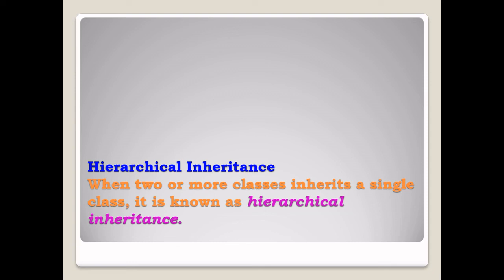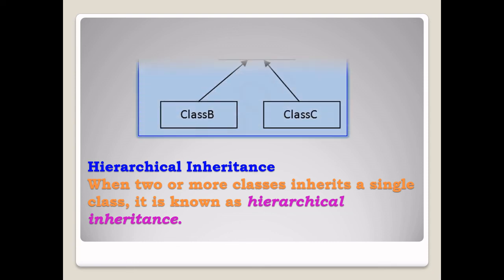The third type of inheritance is hierarchical inheritance. When 2 or more classes inherit a single class, it is known as hierarchical inheritance. Here in this pictorial representation, class B and C inherit class A. Let's watch